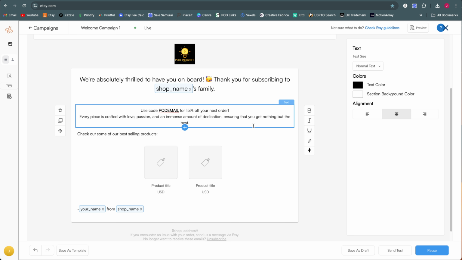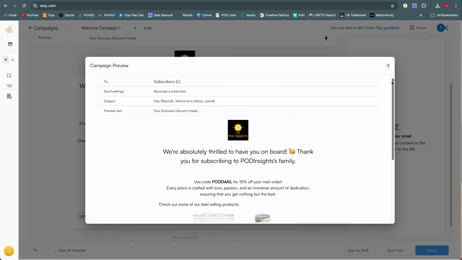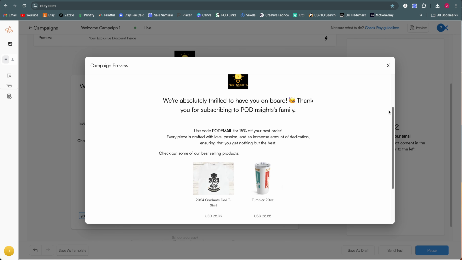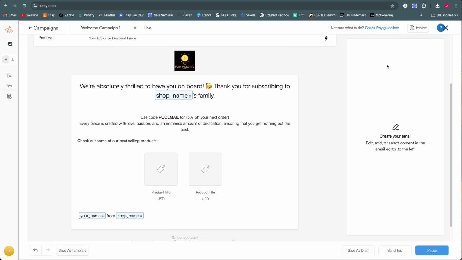All right, so I've added some text here, and this is the coupon code that I created in my Etsy shop. So I've made that coupon code, and now I've got it in my welcome email. All right, so let's click on preview in the top right corner so we can see a sample here. And this is what our email is going to look like. And also here is a live preview of those 2 product listings. It just pulled 2 best-selling product listings from the shop. And these are links, they will work. And so this is our welcome email. Now all we have to do